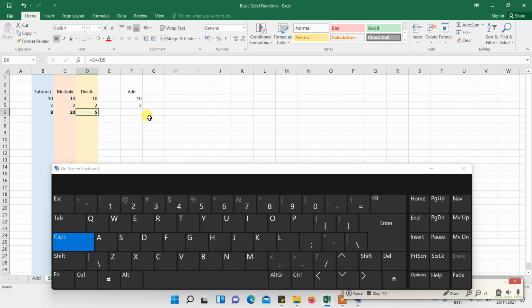So similarly, this will be a repeat of the previously mentioned addition. Press equal, select 10 and plus, and select 2. And then you will receive the answer. So this is about subtraction, multiplication, division, and addition. All the answers will be there. So it's about addition. So I will close the on-screen keyboard,